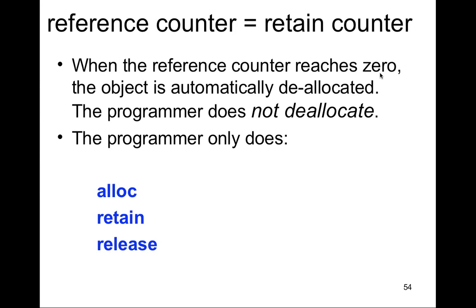So we don't actually have to deallocate it. If we want to deallocate, we can. But if we're keeping the reference for it, and it's zeroed, no longer being used, it's going to automatically be deallocated for us. But if we don't retain and release and go through the whole reference counting concept, nothing will ever be deallocated, because every time you create a reference to an object, you increment it by 1,